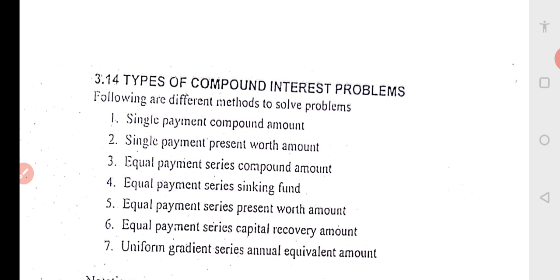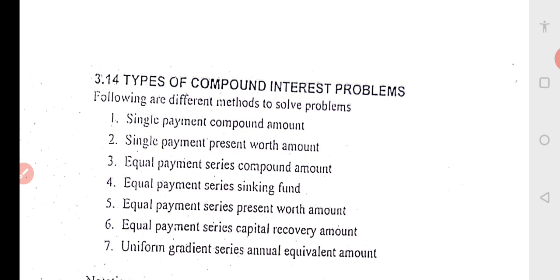One more in the same thing. If you want one more problem, I can tell you. If rupees 28,000 is deposited into a savings account that earns 14% per year, what uniform amount could be withdrawn at the end of each year for 15 years so that nothing is left in the account after 15 years? That is, I am keeping 28,000 rupees in the bank at 14% interest. Every year I am going to draw some money so that after 15 years there is nothing left in the bank account. The same problem.